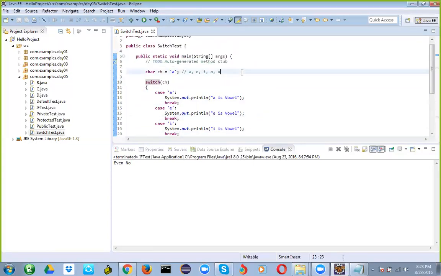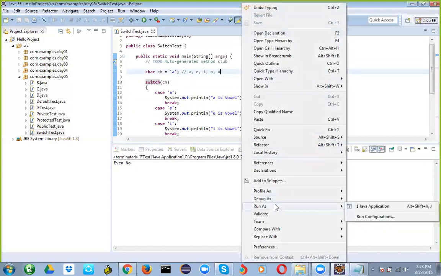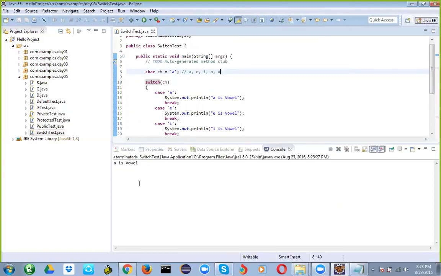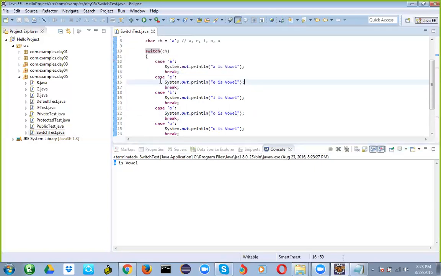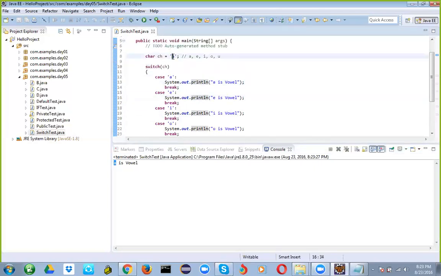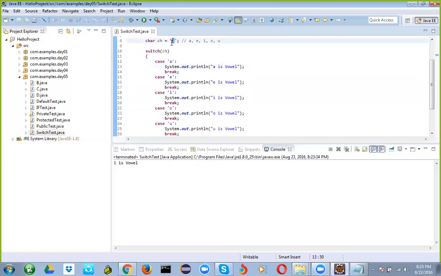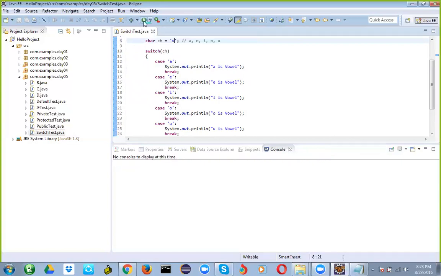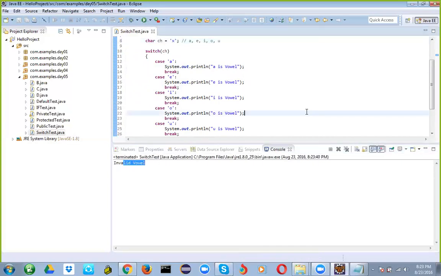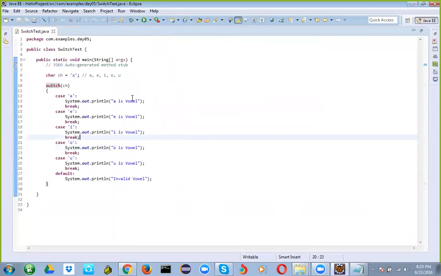For example, if I'm entering A, it evaluates this logic. If I'm entering I, it evaluates the corresponding logic, right? And if I enter some invalid value, it should give me an invalid vowel. Up to this flow, it's correct, right? Now suppose